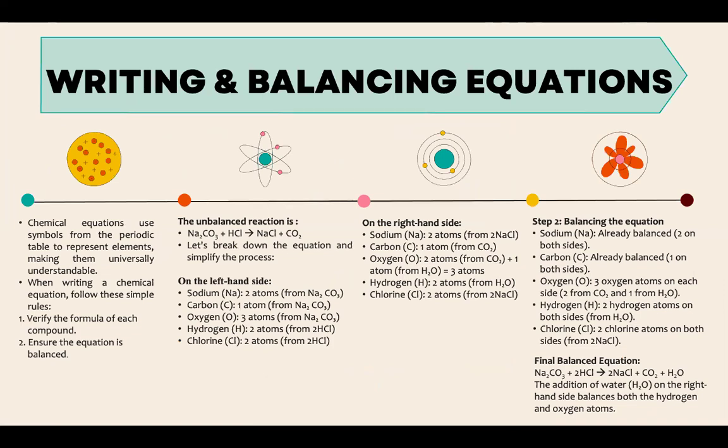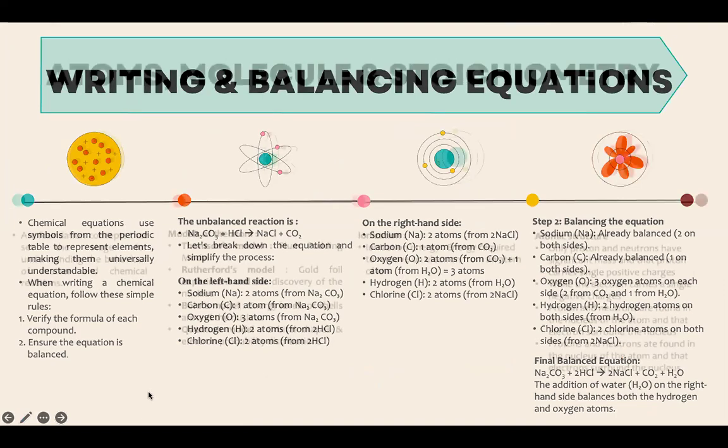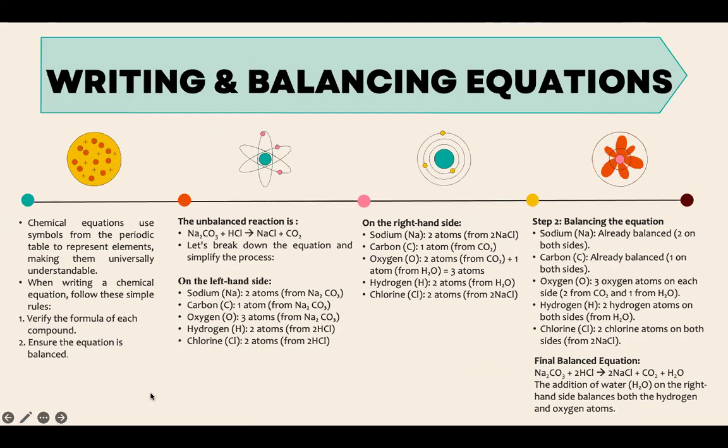Writing and balancing equations. Chemical equations use symbols from the periodic table to represent elements, making them universally understandable. When writing a chemical equation, follow these simple rules. First, verify the formula of each compound. Second, ensure the equation is balanced. The unbalanced reaction is